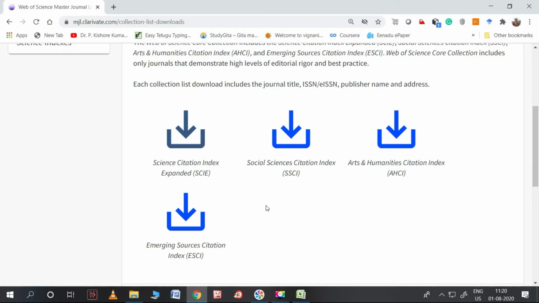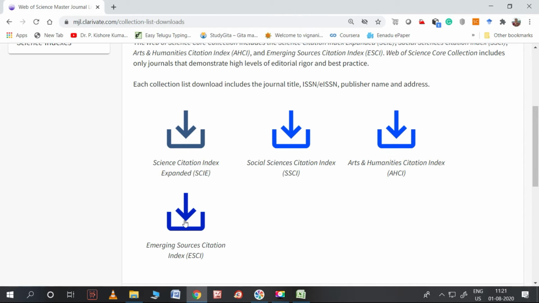Yeah, and there are some other journals called Emerging Sources Citation Index. So these are also there. As far as my knowledge goes, these are approximately equal to Scopus indexed journals. Definitely there are some journals which are under Scopus which may not come under this, and vice versa. But still I feel that most of the electrical and electronic journals which come under ESCI will also come under Scopus. So I feel that ESCI means maybe Scopus.